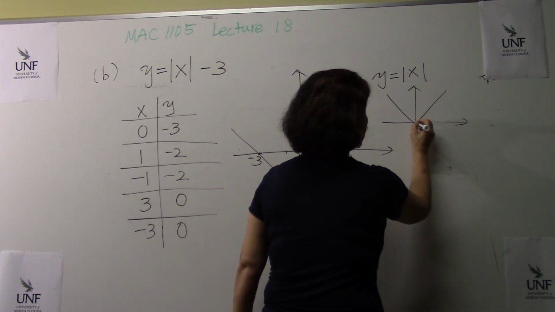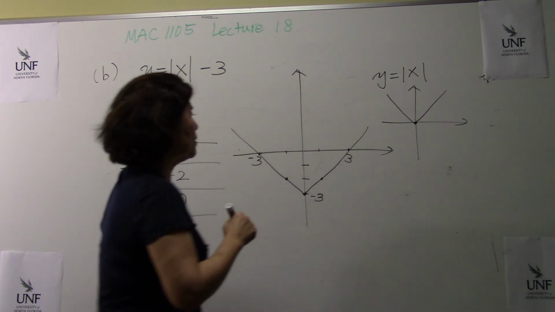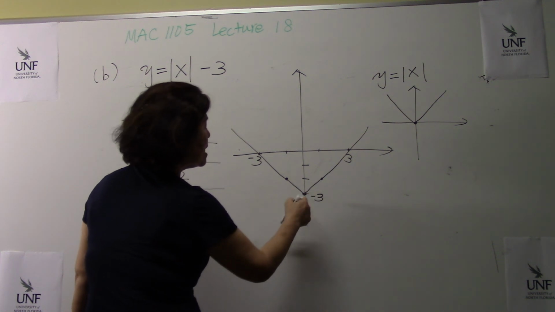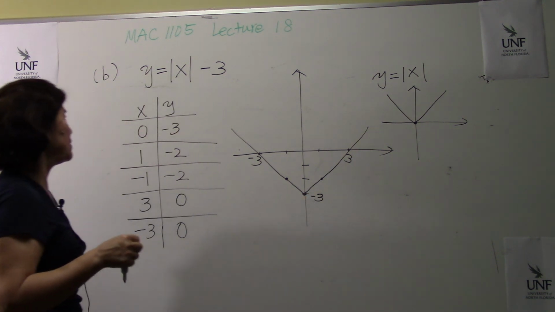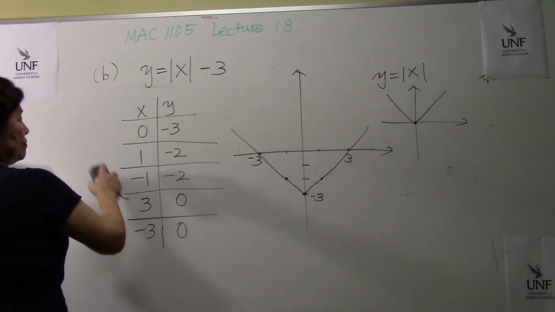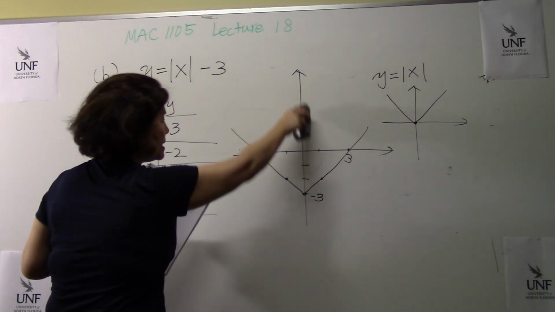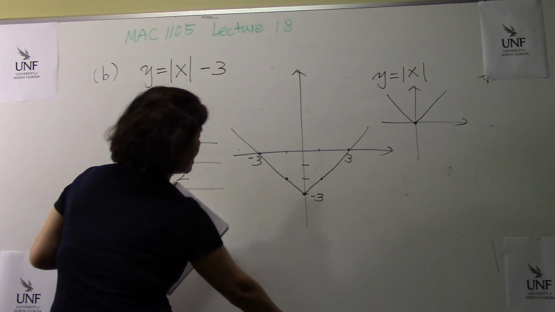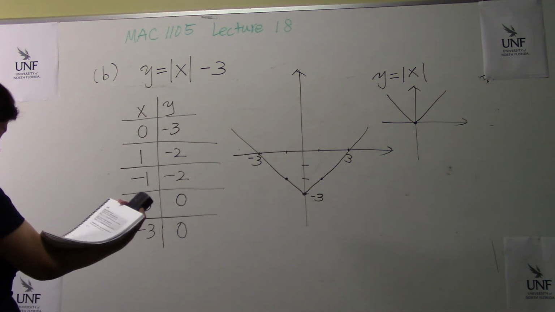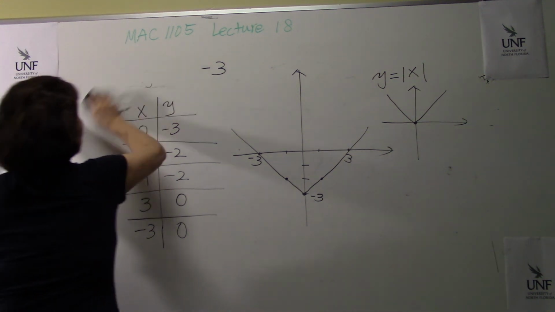So here, 0, 0 is on the graph. On the other hand, over here, the tip of the graph is 0, comma, negative 3. So what kind of symmetry is that? Yes, this is a symmetry over the y-axis. Part C,